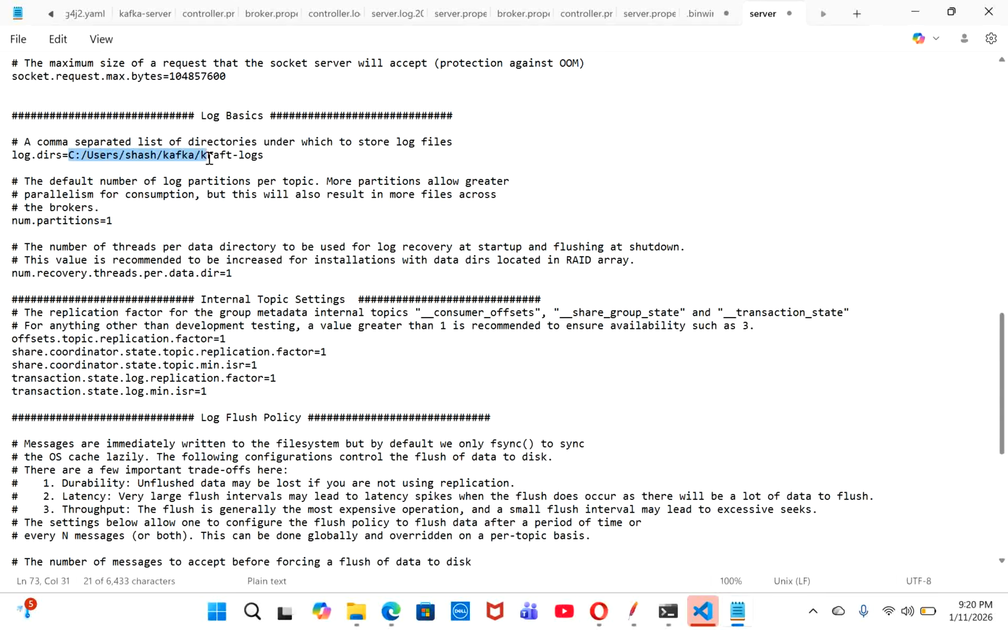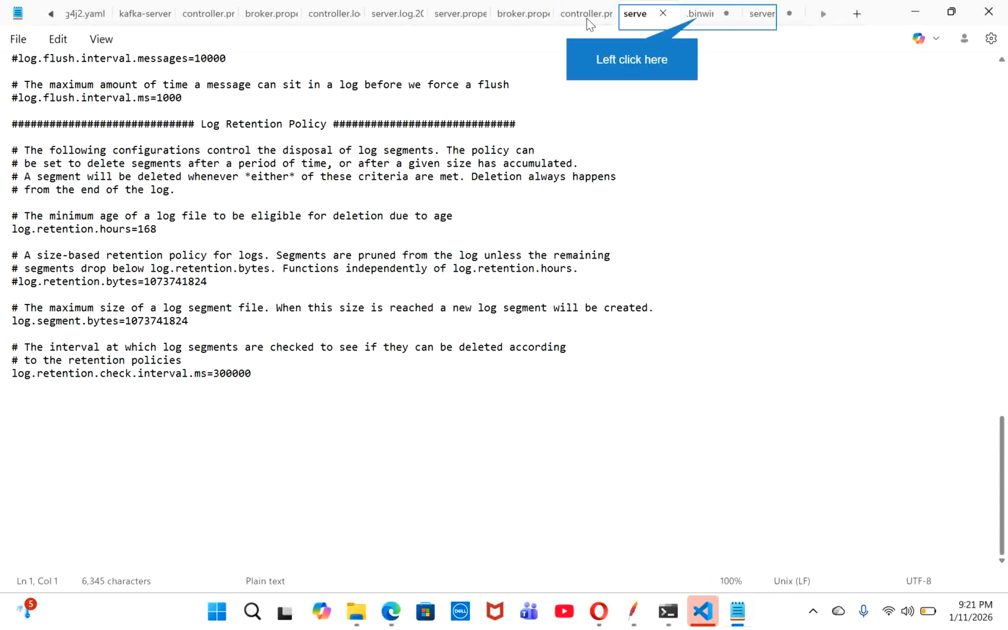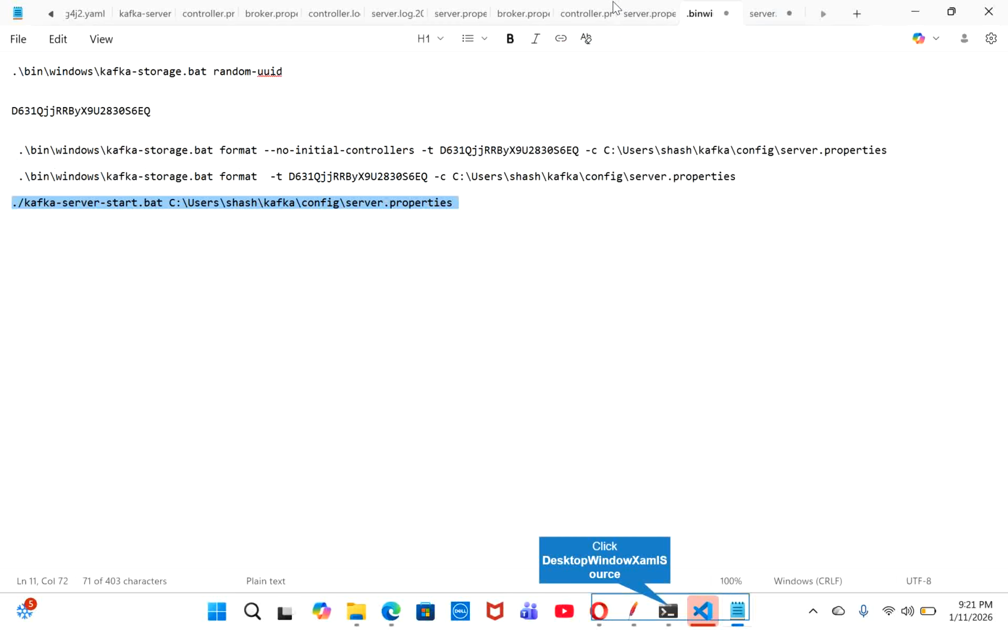This is the log directory you need to give, and this is the port number you need to give. It is running on 9092. Now there are some commands you need to execute to run Kafka on local,